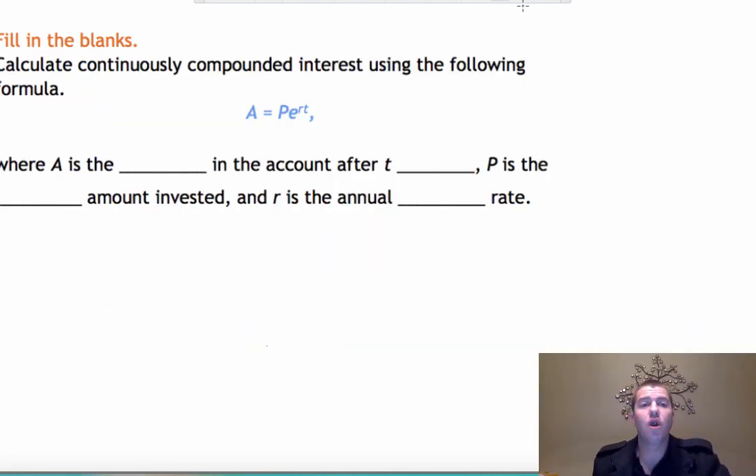Okay, so you have one more formula that we're going to use with interest, and you use this formula when it says compounded continuously or continuously compounded. Instead of, all it is instead